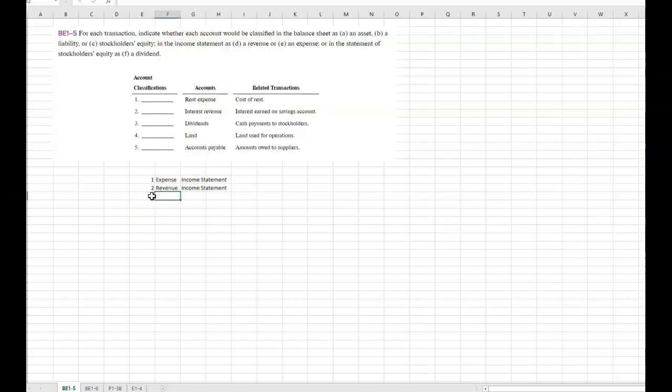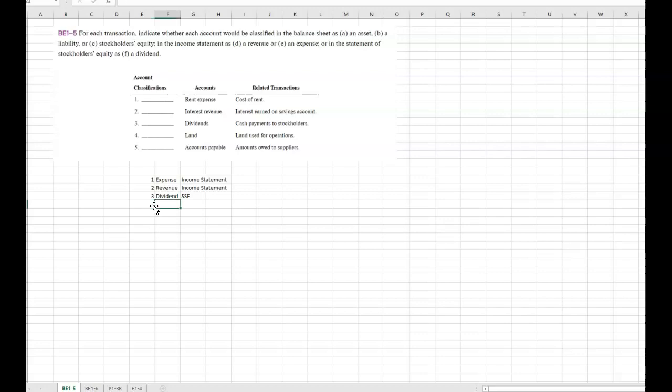3, dividends. The type of account, well, it's a dividend. It's nothing else. Dividends only go on the statement of stockholders' equity. And I'm going to abbreviate here. I don't want to type all that out. 4,